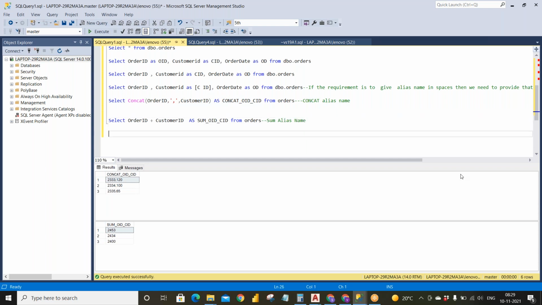Okay, so now we will see alias table examples.